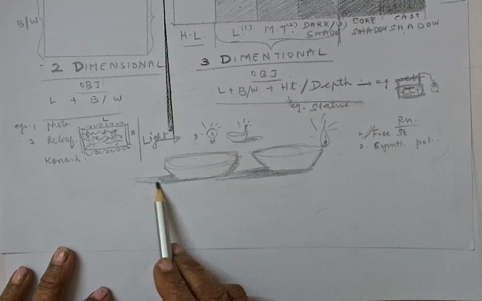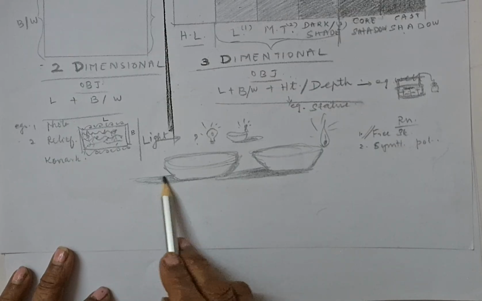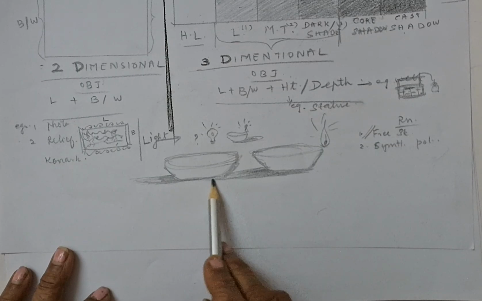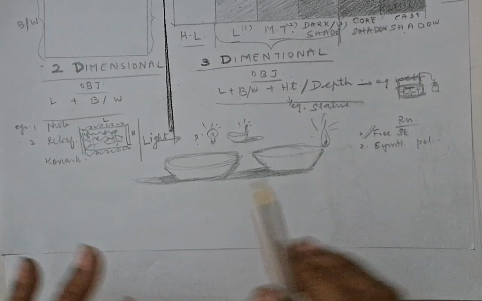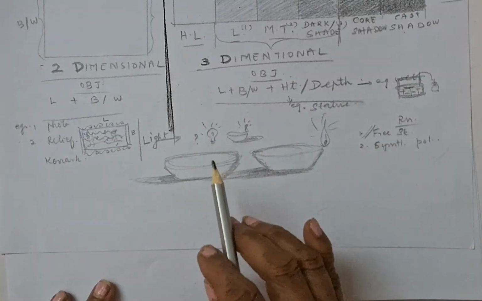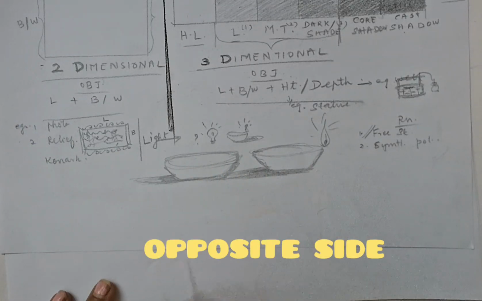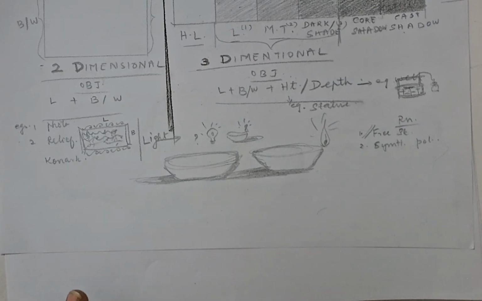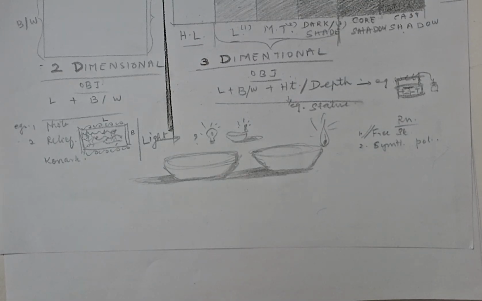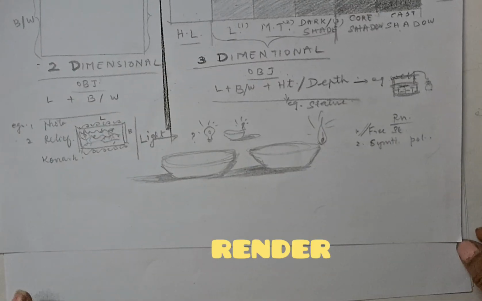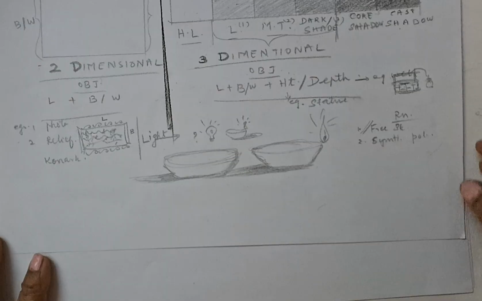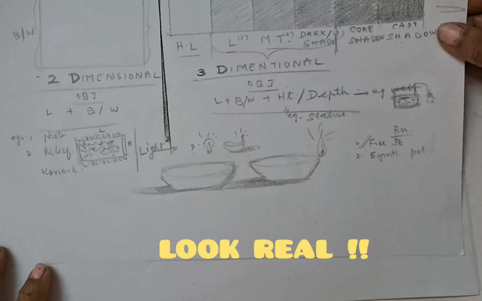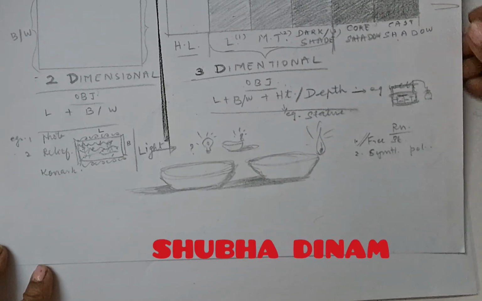It's called a tail of the cast shadow. Or in the opposite direction, if you receive light from this side, the cast shadow will be on the opposite side. So if you follow all these rules and very religiously render a drawing that you have done with so much sincerity for still life, you can make it look